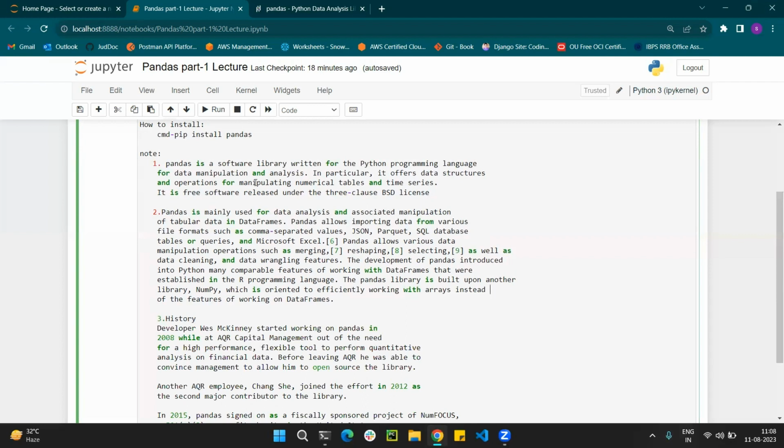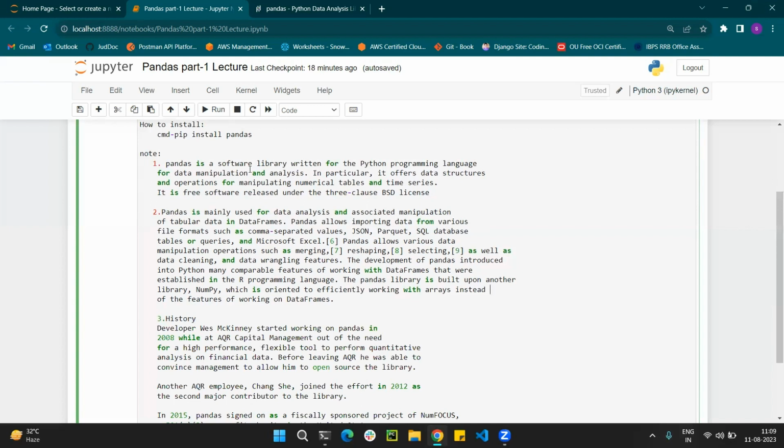I already discussed that. So what is the analysis and what is the manipulation? Before you go to the analysis part, you have to have a clear understanding. First you have to do data mining. After that you go to the data processing part. After the data mining, when the raw data comes, you have to clean the data. There are so many null values, so many duplicate values. This is nothing but data manipulation. And after that it will be analysis.